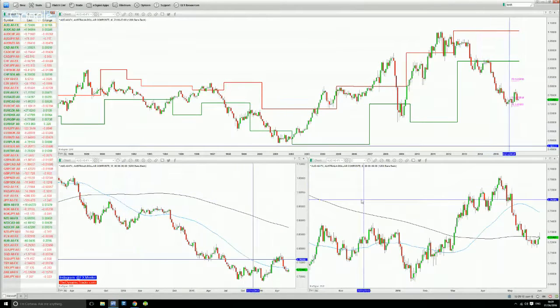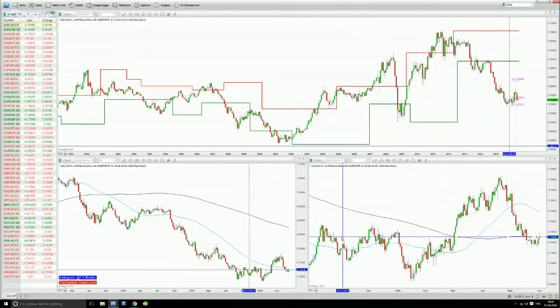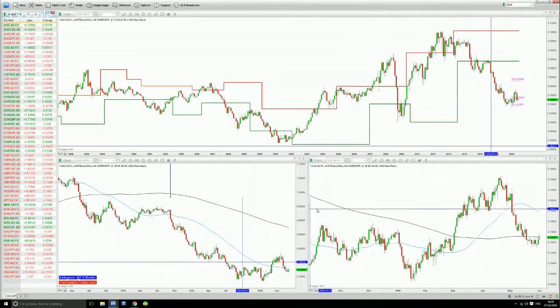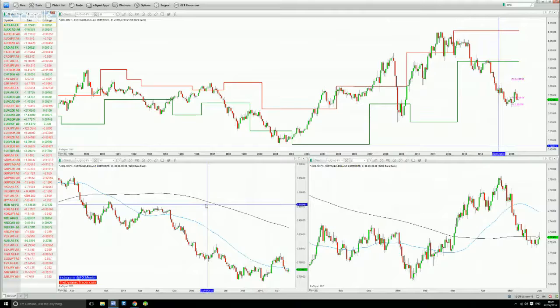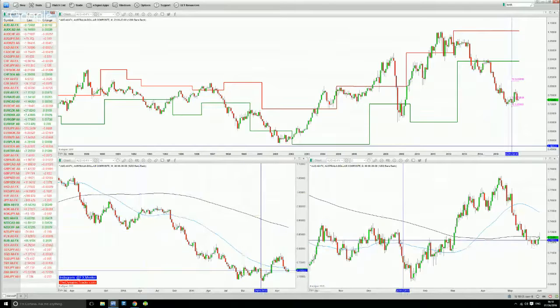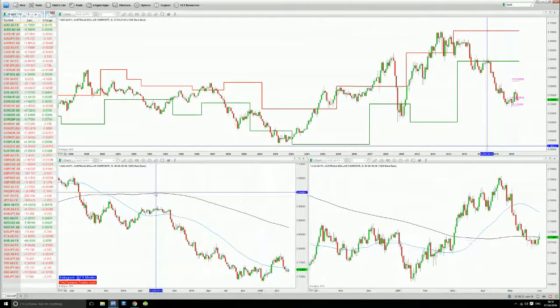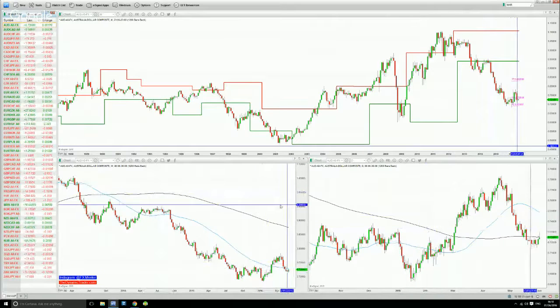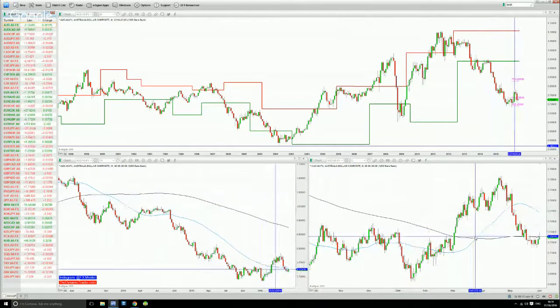Now, on the weekly and the daily time frame, this is where I'm looking for the trend to be in alignment. So I want the weekly and the daily directions, by using 200 averages, below both these moving averages in a bear market, both on the weekly and the daily, or I want price to be above both moving averages in a bull market, both on the weekly and the daily. If we don't have that, then we stand aside.